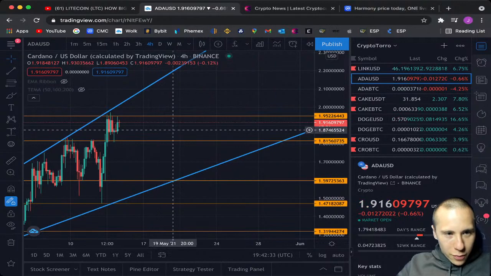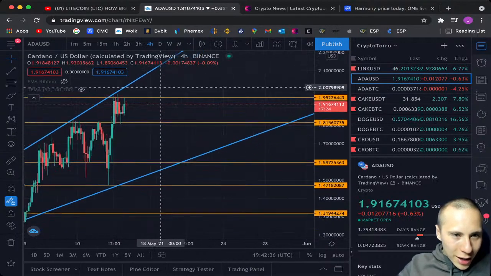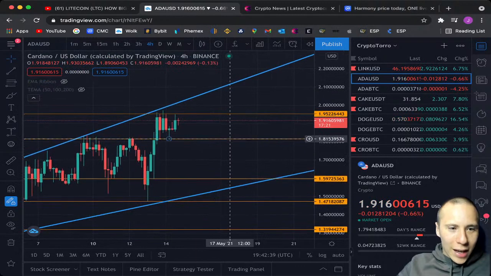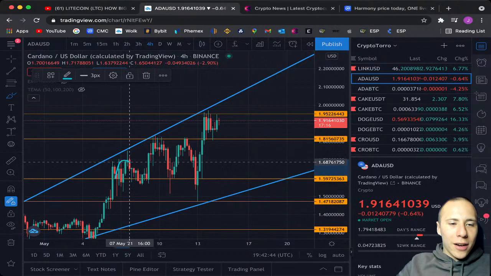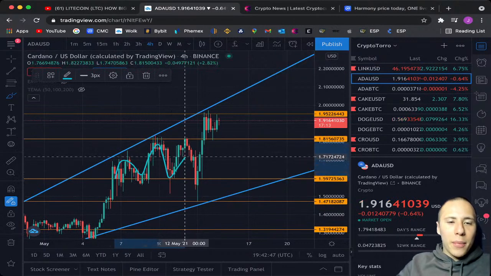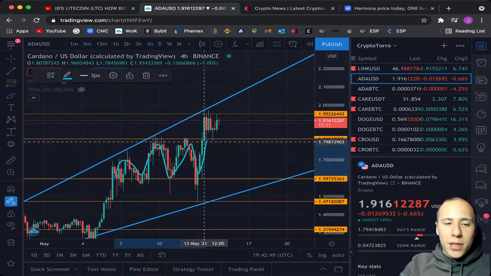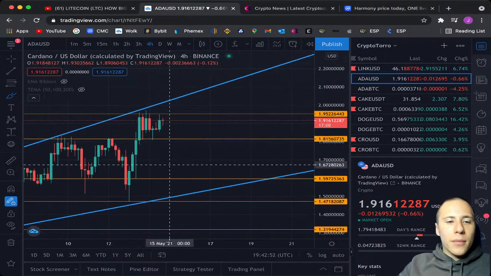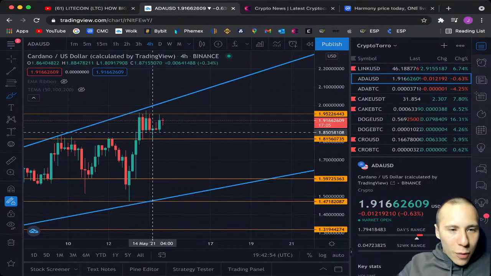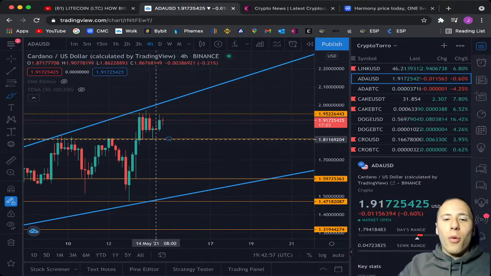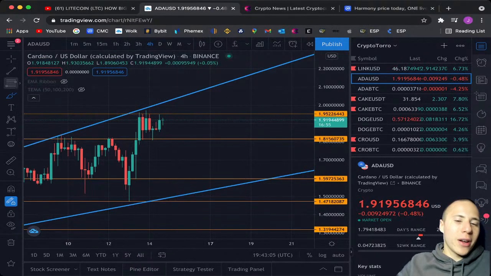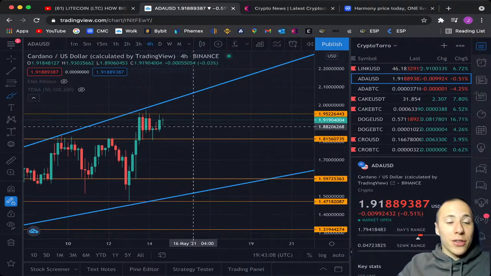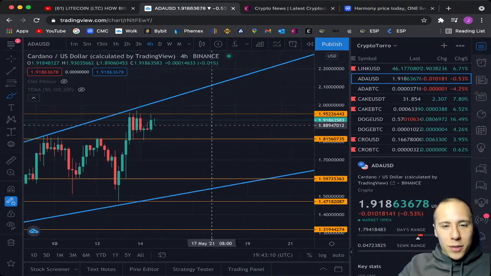So that's for me for Cardano right now, but I'm personally looking at Cardano, and I think that we will be seeing once again something like what we saw previously on Cardano happening. We will see Cardano trade in between 2 levels of support and resistance before breaking out towards the upside, and right now it's trading in between $1.81 and $1.95, and that's just absolutely incredible, because who thought that Cardano would be trading at $2, right? It's just amazing that Cardano is performing so well.